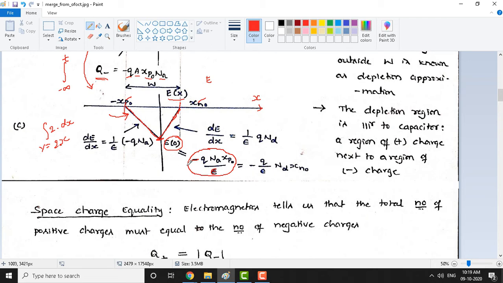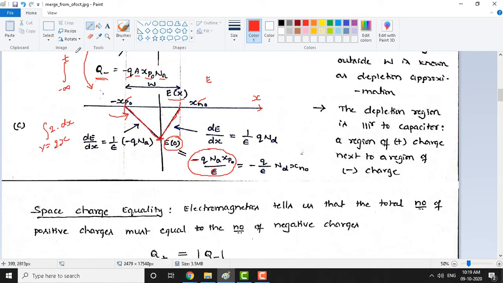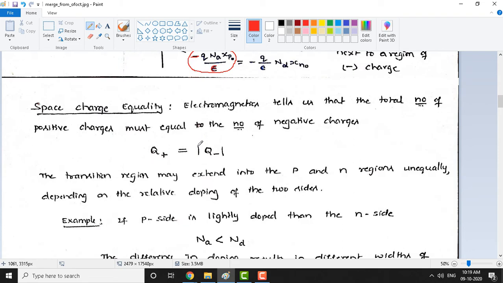I explained how you get from this step waveform to this by doing an integration with the limits minus infinity to t. You get this E of 0, and similarly this is a decreasing function, and when you move to the n side there is an increasing function. We will explain this through the basic formulas.